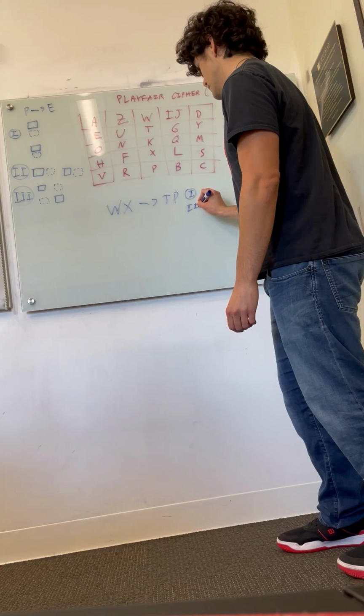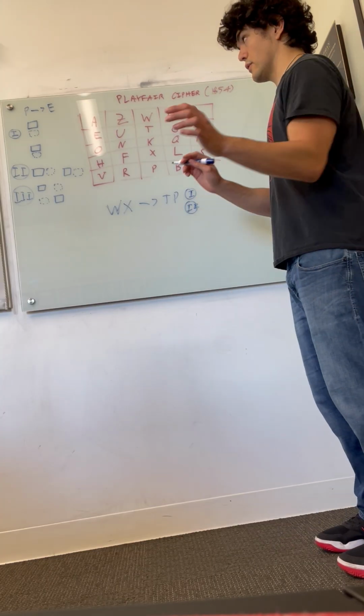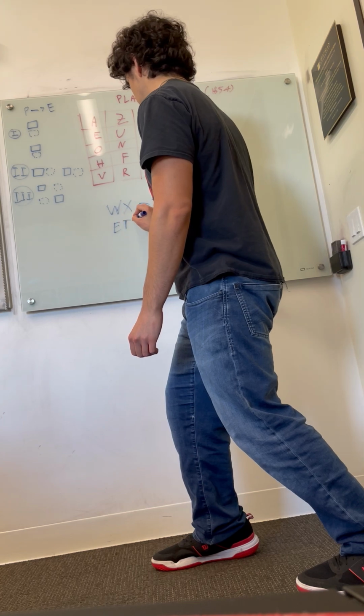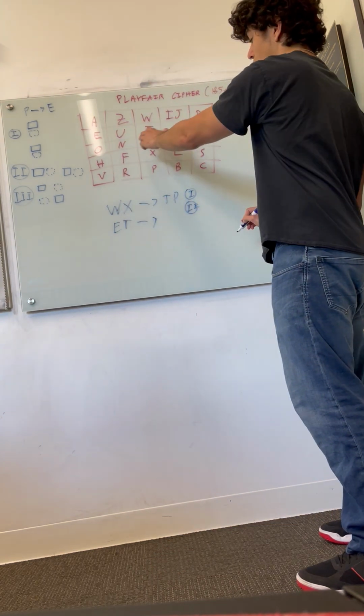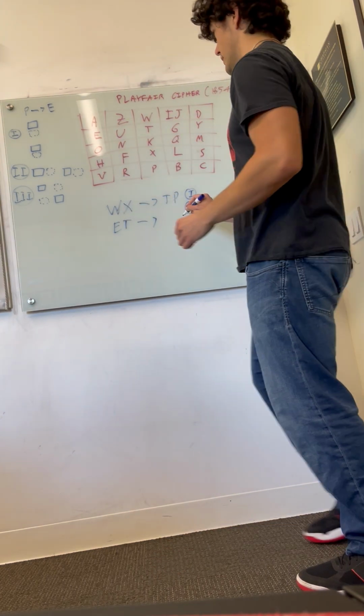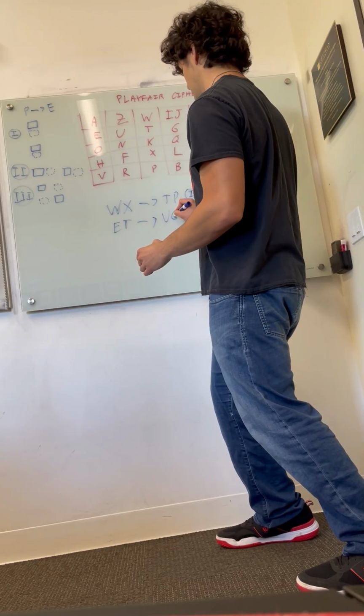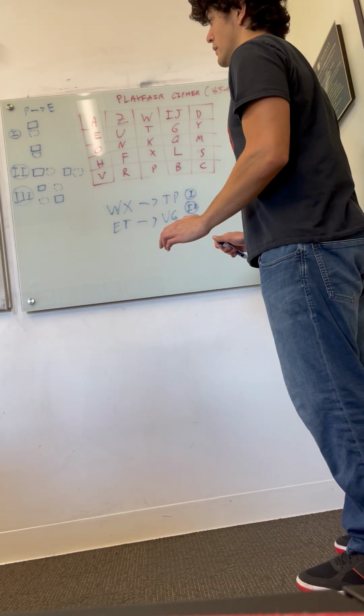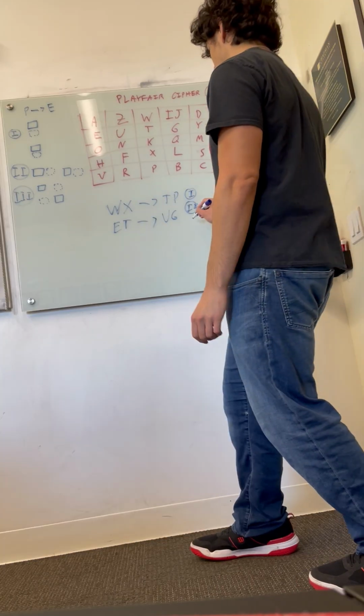And then rule 2 is just the analog of this for rows. So if we have something like ET, right, these are in the same row, we're gonna shift it over to the right by 1. So this is gonna become UG. And then this last one, if they're not in the same row or the same column, then you're forced to use rule 3,